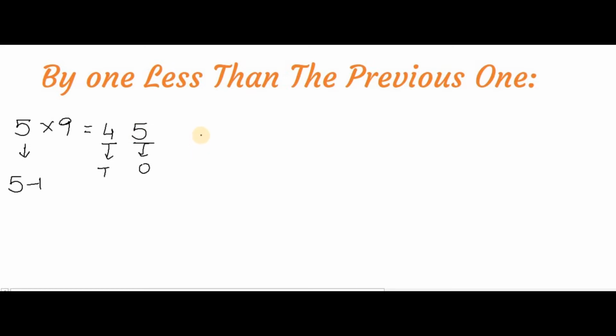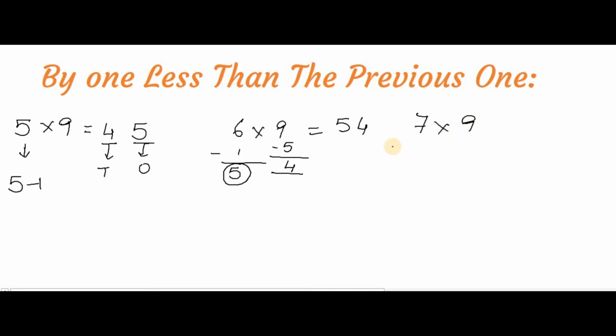For example, one more question, 6 9s are 54. So what you should do, just subtract 1 from this 6, you'll get 5 here, so that is going to become your tens place. And what will happen to the ones place? Whatever result you are getting, you should subtract it from 9. For example, 7 9s are 63. So first 7 minus 1, that is 6, and this number you should subtract from 9, which gives 3. So the answer is 63. But remember friends, when you apply this sutra, the multiplier should be smaller than the multiplicand.